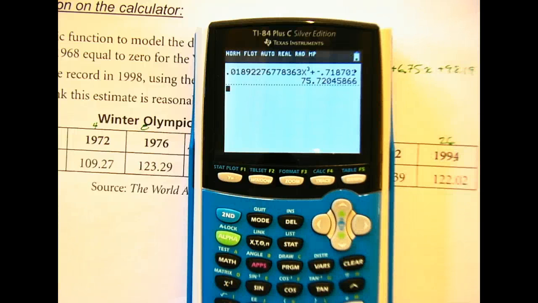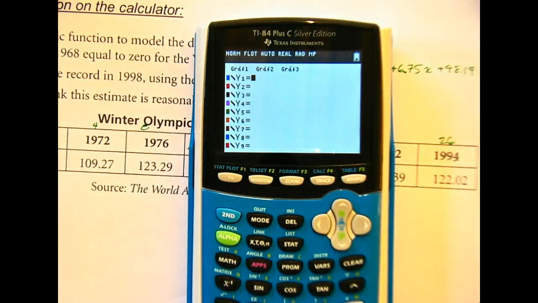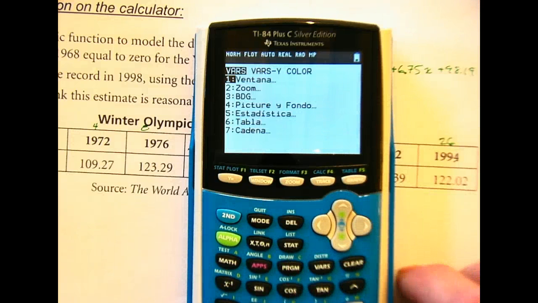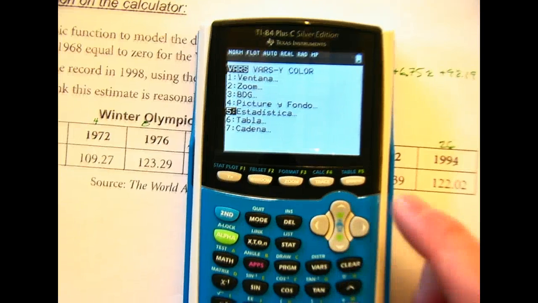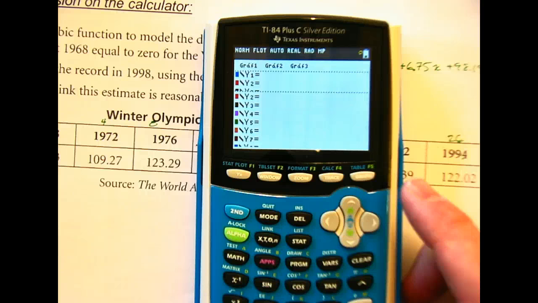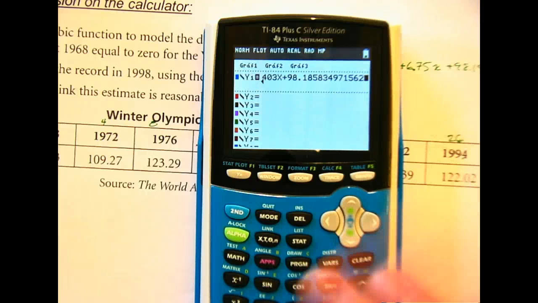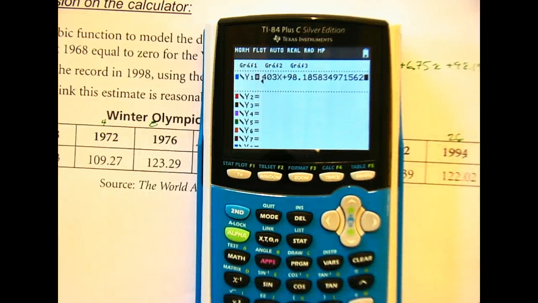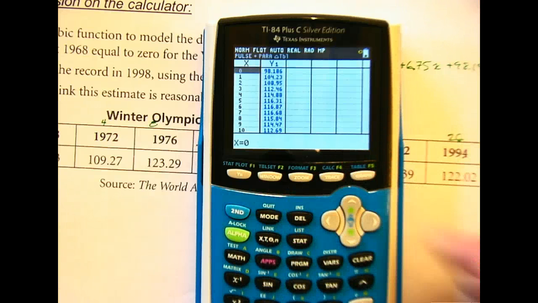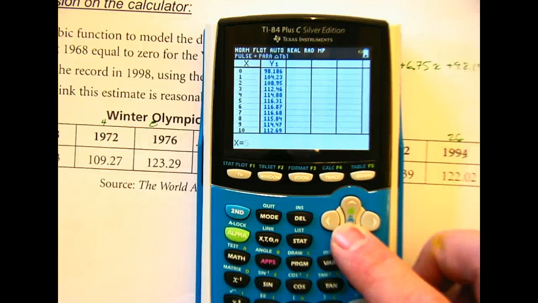Now, those of you looking at that, if you weren't in the y equals menu when you did that, like I wasn't, then nothing happened. So I got to go through it again. Thank goodness. I need practice with my Spanish. We go to vars. We go down to option 5. Go over to EQ. Option 1, regression equation. And there it is. The whole thing's in there now. Now you should be able to hit table